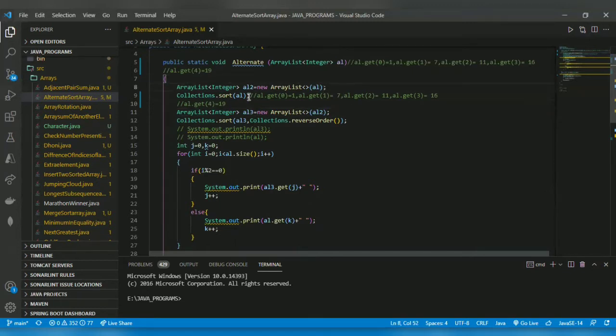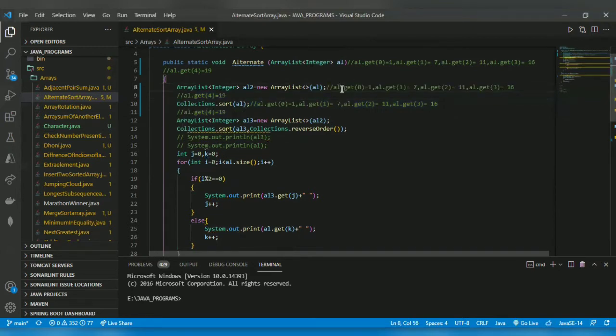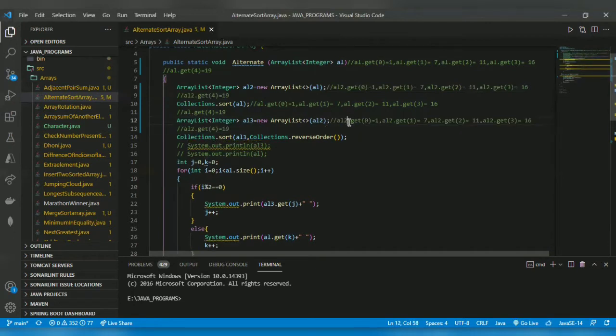So this will also store elements like this only, with al2 in its place. Now all three array lists consist of the same values.